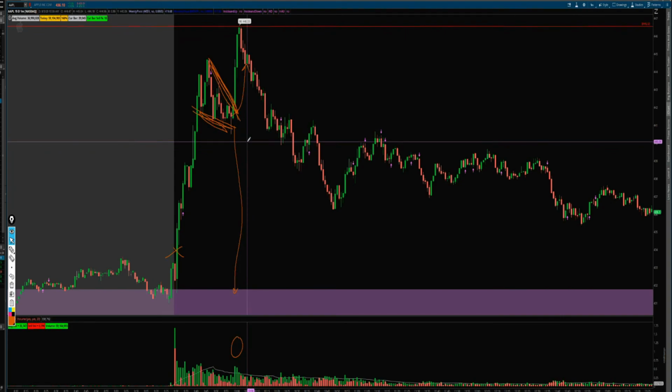Okay, so I just made that a little better for you to see. Basically you can see down here that the volume for this first candle is when price started to push back up to the top of this wedge. And then this candle here is where volume really picked up. And once you see volume pick up like that,